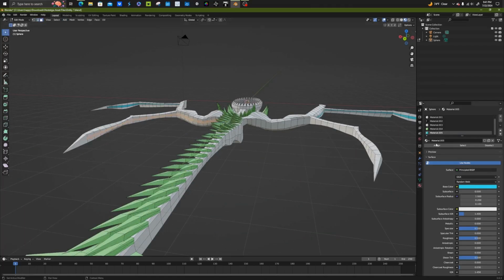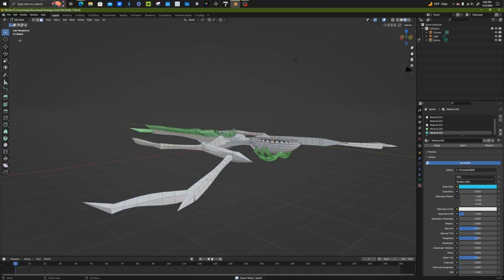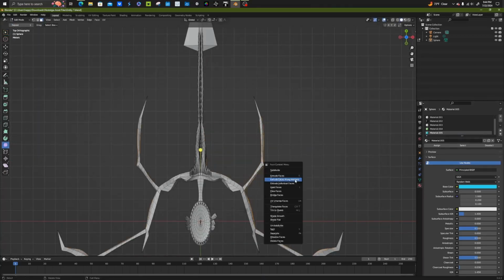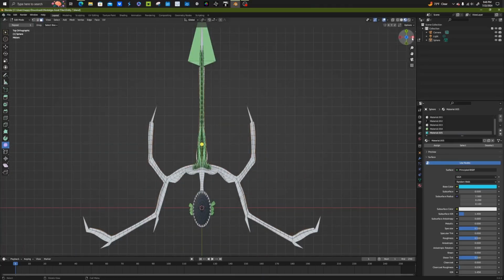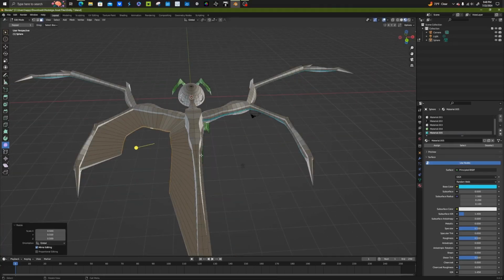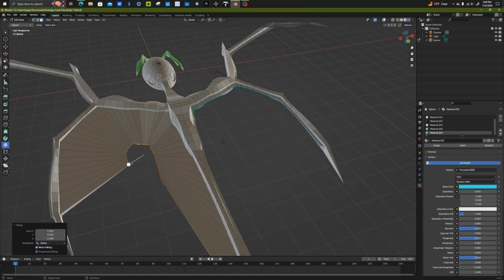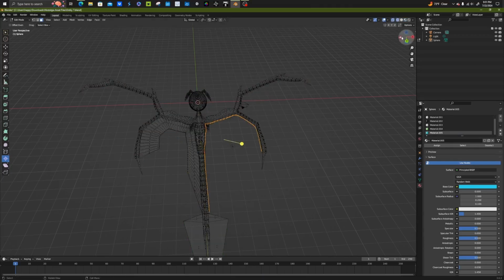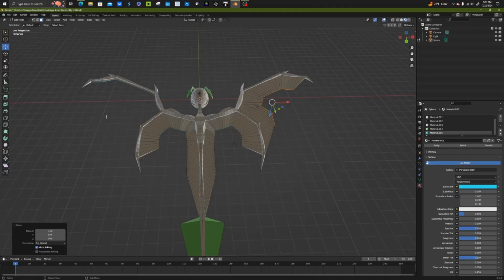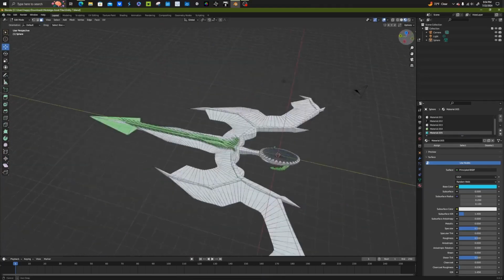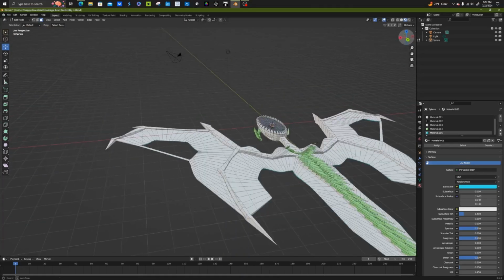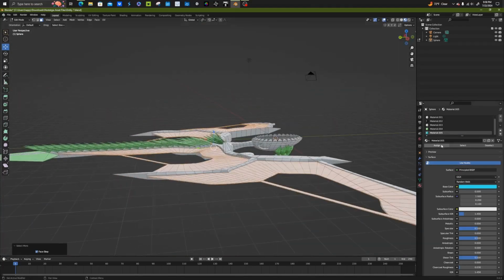The wings were a little bit complicated because I hadn't modeled a dragon in a hot second. I think the last time I even thought of modeling a dragon was, I want to say, maybe a year ago, maybe a year and a half ago. I've only been doing Blender for maybe, what, 2, 3 years now? About almost, yeah. I kind of started this sort of thing with Blender in like high school,